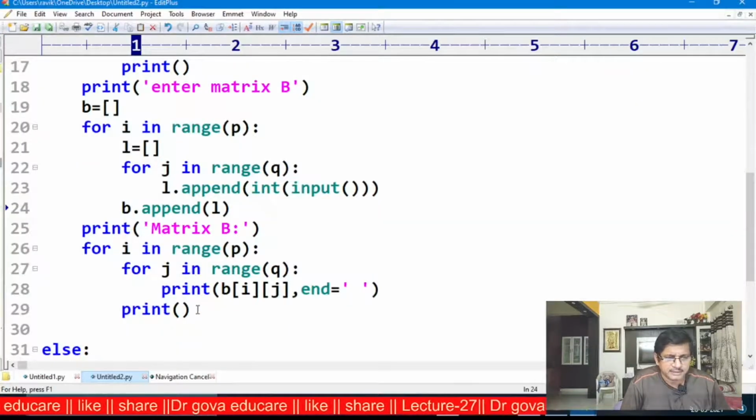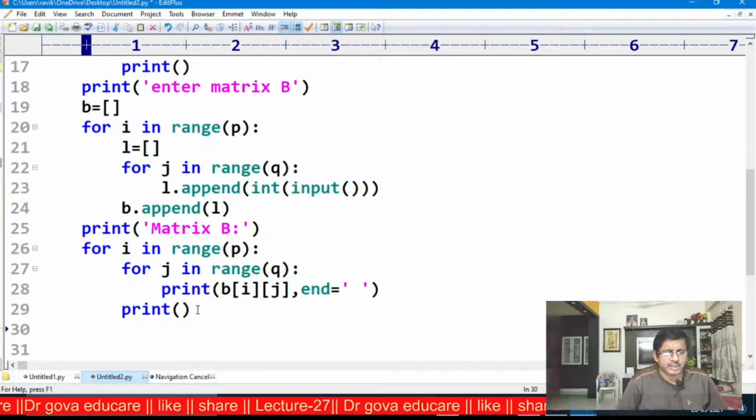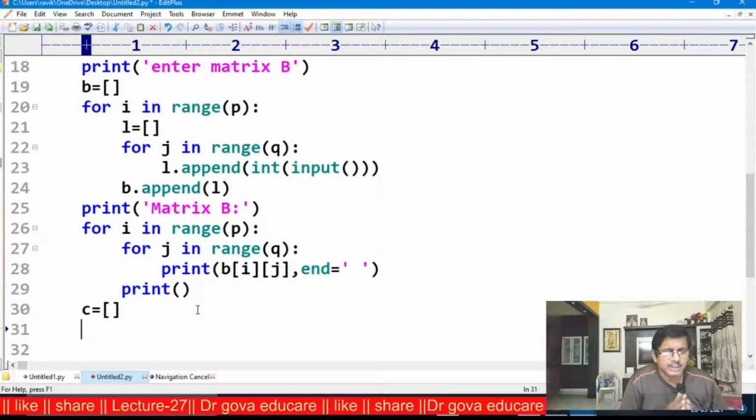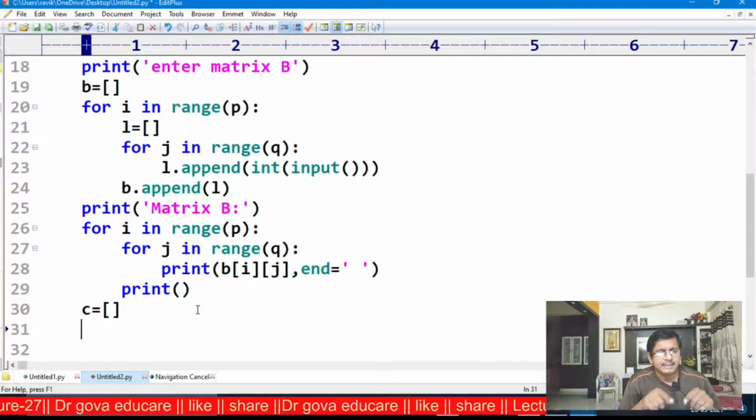Now next, I am creating the matrix C with 0 elements. For this, C is equal to an empty list. C is the multiplication of the matrices.